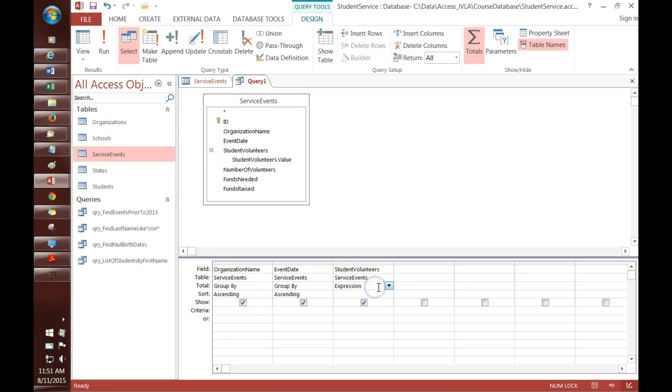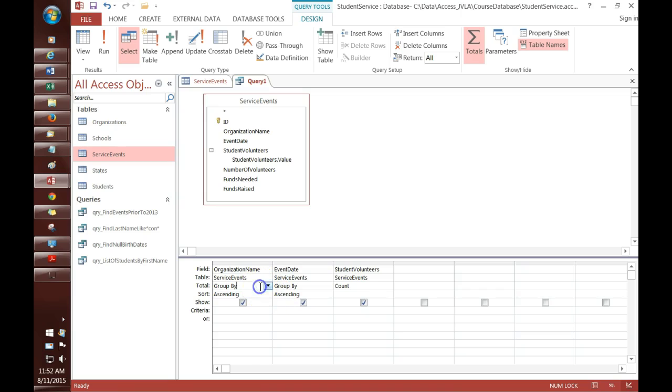So if you go over here and look at this drop down, you get lots of options in there. So besides the group by, there's sum, average, minimum, maximum, even some things that work with text, first and last, etc. We're not going to talk about all of these in the course, but of course you can look them up in your textbook. But like I said, we want the count of students, so I'm going to click on count,